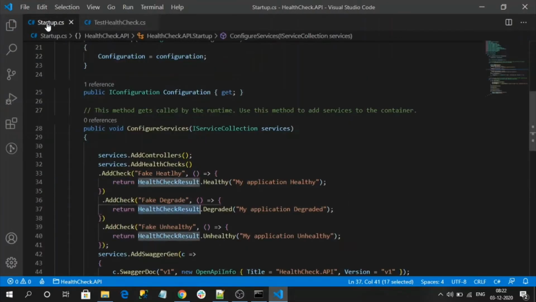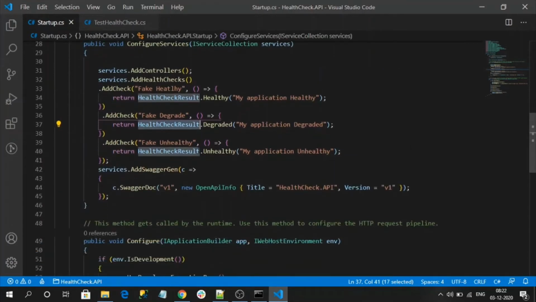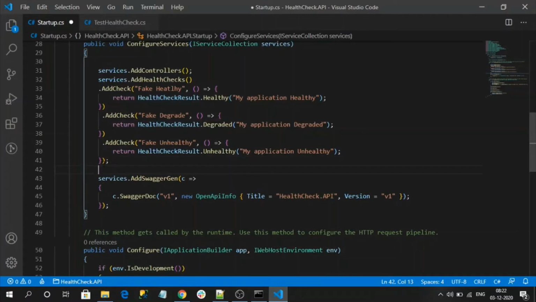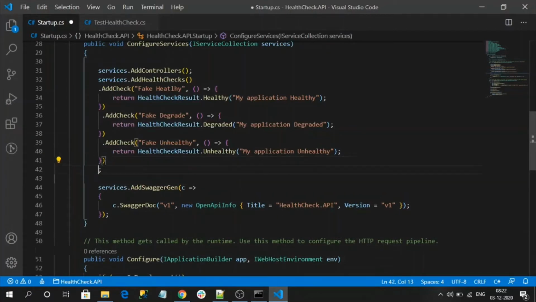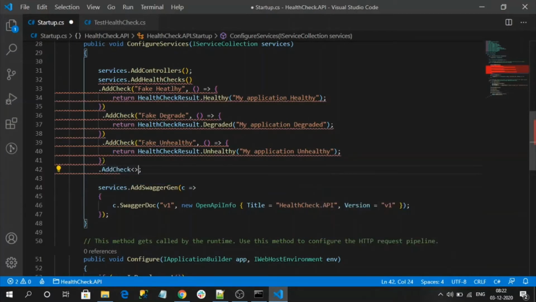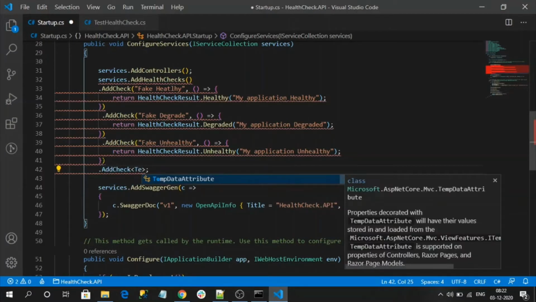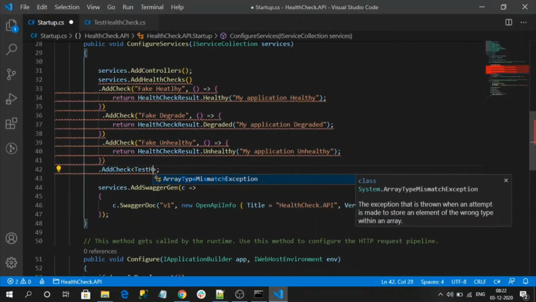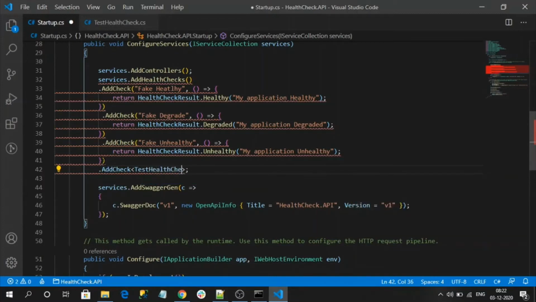Let me register it. To register it, AddCheck, and I need to define the type. In the type I need to pass my class name, TestHealthCheck.